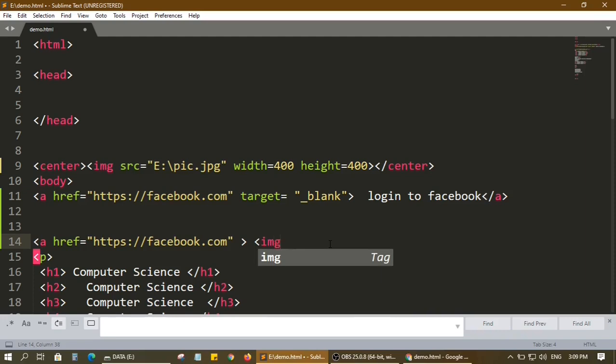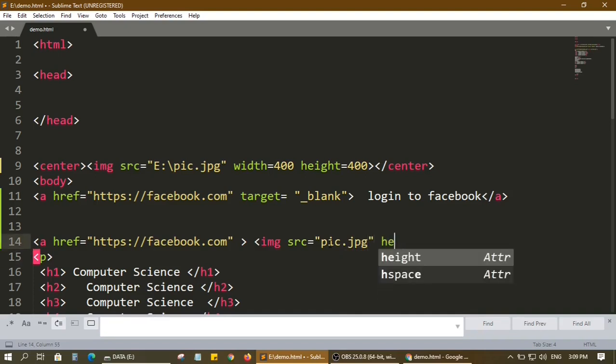an image tag here, img src equal to, if we are using the same image, pic.jpg, and we will even adjust the height and the width, height equal to 100 and width equal to 100, and then we'll close the anchor tag.